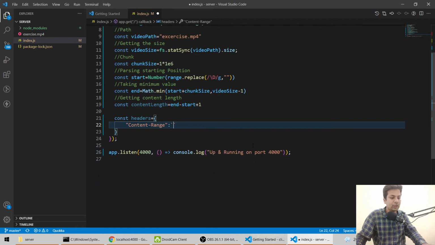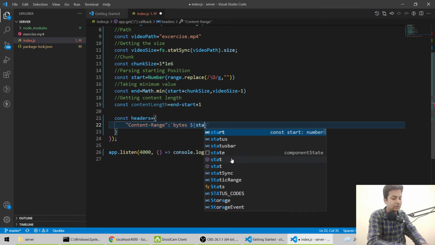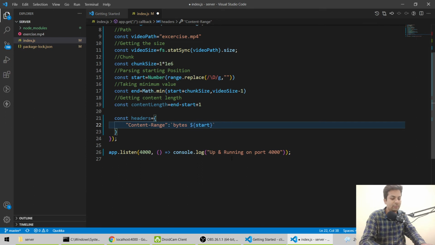So here we'll say bytes, then dollar, it should be inside here, dollar start, then minus, dollar end, and we'll divide it by dollar video size. Okay, so like this our content range will be.